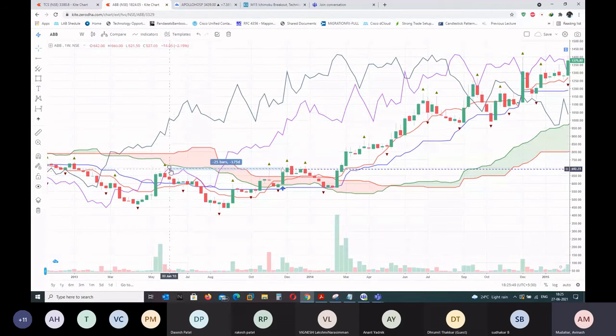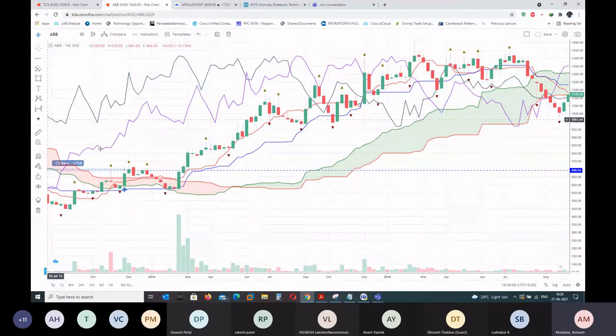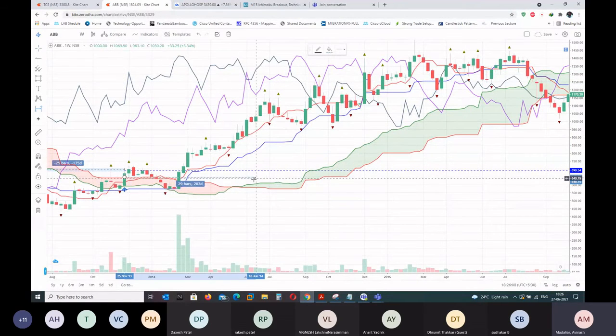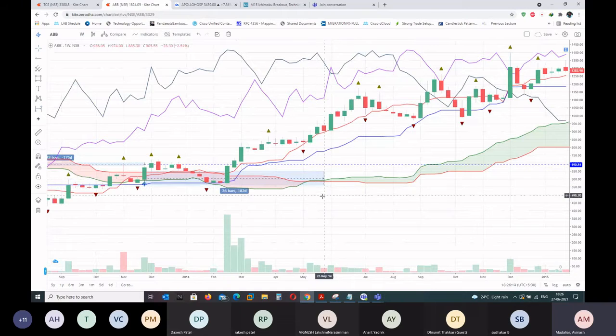But one more concern is that just nearby there is a cloud. This cloud can offer resistance, so you should not take this Kumo breakout. So these are the rules. The first rule is, once this happens, ensure the Chikou span is clear, nothing is nearby, and Chikou span is above price. Then you see the future cloud. The future cloud should be green. In this case, yes, it's green, 26 bars ahead, it is green.